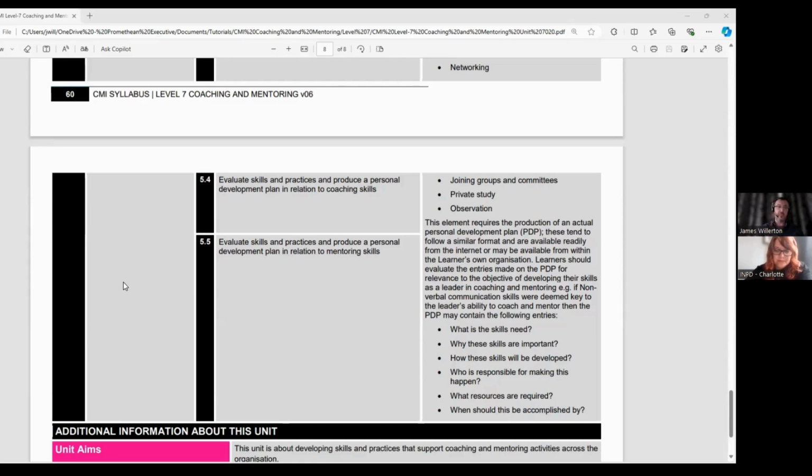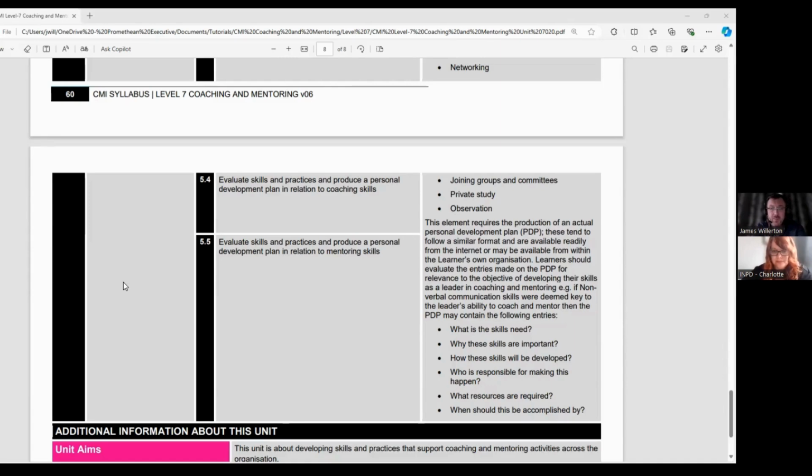A good thing to bring into play with this planning as well is reviews. So how would you embed an ongoing approach to personal development, personal reflection, the information you would need to improve your practice on an ongoing basis? So it's not just trying to get to a point in 6 months where you think you're good enough. It's trying to instill practices which keep you always improving. Because as a coach and a mentor, that's what we're in the business of, and it's important to role model that, I think.